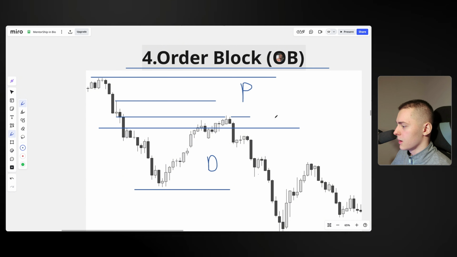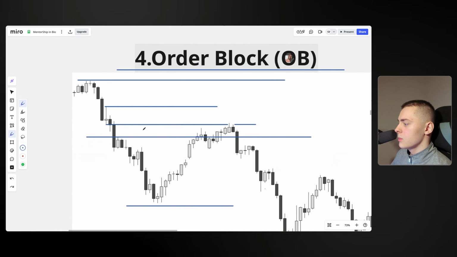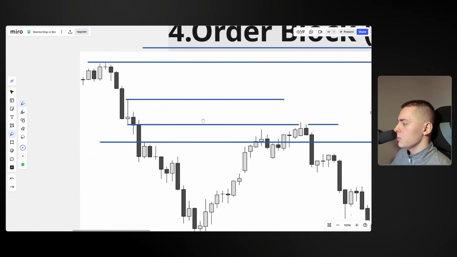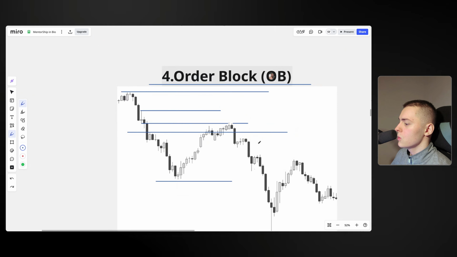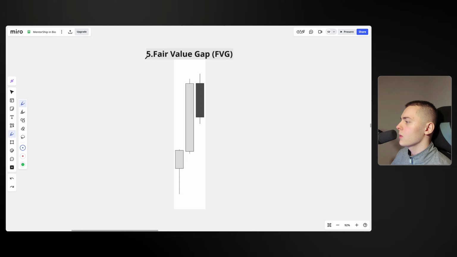As we have just talked about, this is a downtrend, so we are looking for a premium range. But if we were to go to the upside, we're looking for a discount range. Because this is where most traders fail. They just see an order block and straight up want to target it and go to the lows again. But that's wrong. You want to combine it with all of the different concepts that ICT has to offer as a whole. Now the next thing on our list are fair value gaps, or also known as FVGs.